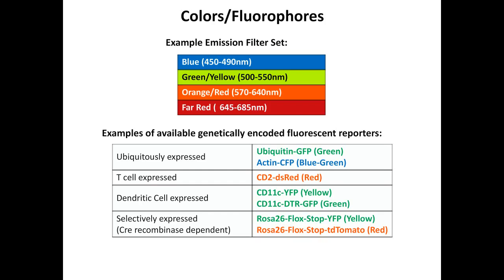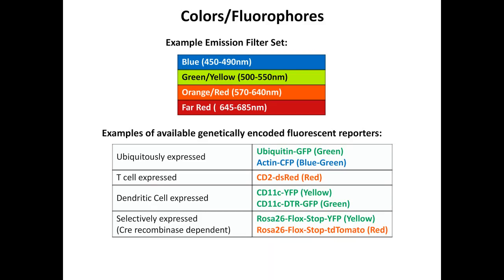There are also some mice that have specific fluorescent proteins transcribed by a promoter that selectively will mark cells of interest. So for example, if you're interested in T cells, there's a mouse that expresses DsRed under the control of the CD2 promoter, which is relatively specific for T cells in this context. Also for antigen-presenting cells, or dendritic cells specifically, there are mice that have, for example, YFP expressed under the CD11c